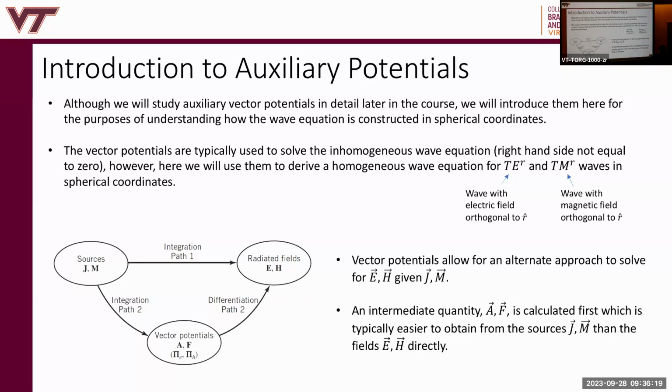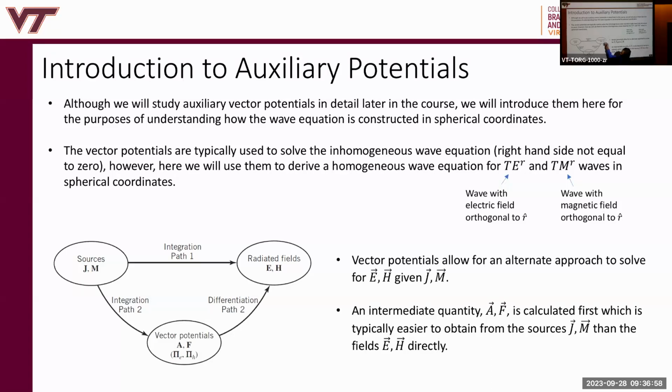So what does that mean? I get two sets of solutions from solving the wave equation under this apparatus. Here's the r vector. So, you know, my arm, the elbow's at the origin. The r unit vector is that way. I can construct mode solutions that are transverse electric to r. So the electric field is transverse to the direction r, and a different set of modes that are transverse magnetic to r. And I can add up these two modes to construct a third set of solutions, which are weighted superpositions of TE to r and TM to r solutions. Then I can construct a lot of different solutions. Okay. So that's what we're going to do.